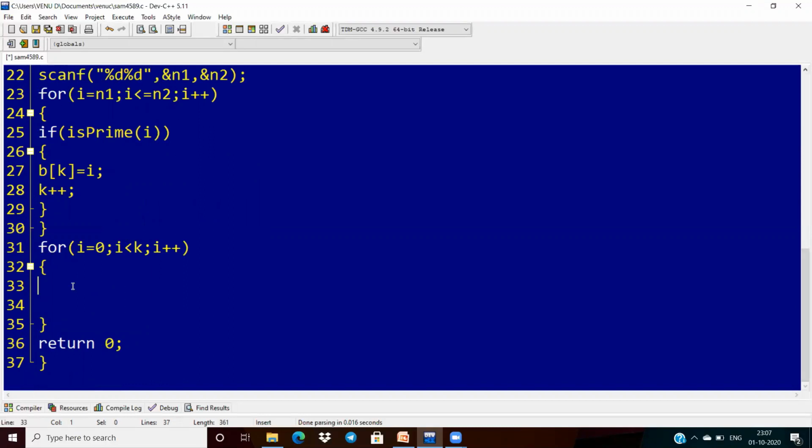So I'm using itoa of, its syntax is basically the input first, the first element of the array, so I'm taking b of i.